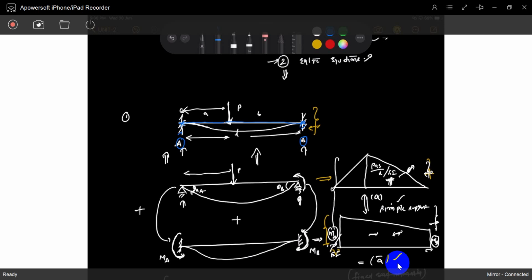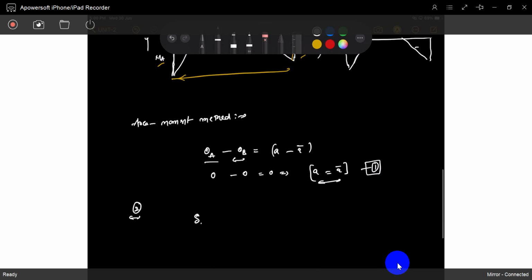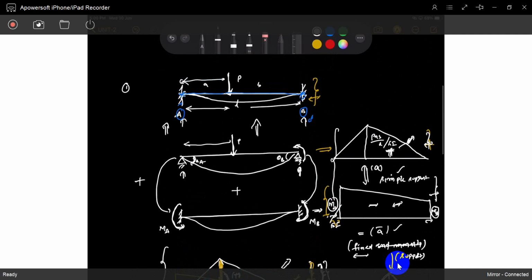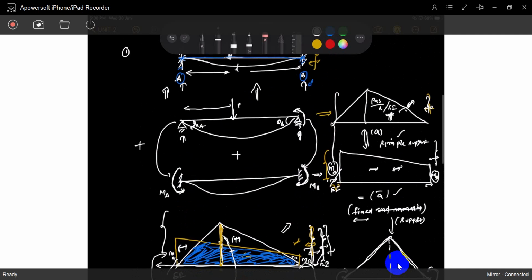The deflection of B with respect to the tangent at A will give the moment of the curvature diagram between those two points. Are you understood? So that's why I choose the points. So delta A minus delta B is equal to the moment of the curvature diagram. I know this comes from this positive area and this negative area. So I will assume this area has a deflection.